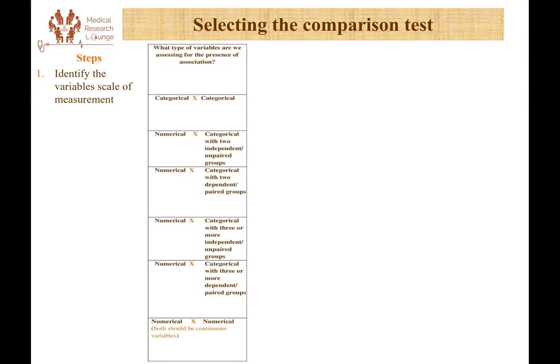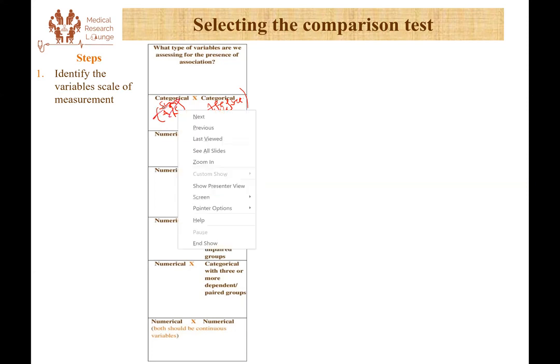For example, both of the variables that we're trying to compare can be categorical. In the article that I just showed you, we have symptom group, which is classified as asymptomatic and symptomatic. On the other hand, we have age group, which is classified into groups like 40 to 49, and so on. So both of these are categories. We can have both variables purely categorical, or we can have a different sort of combination